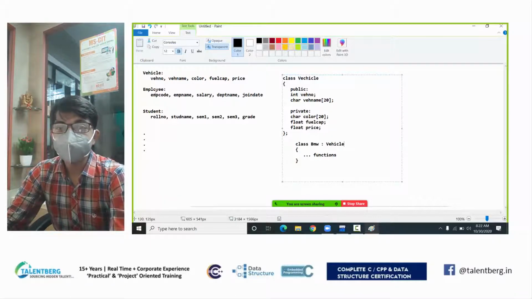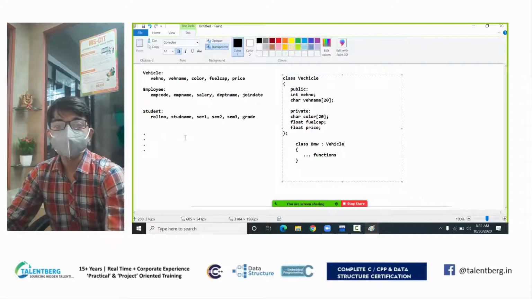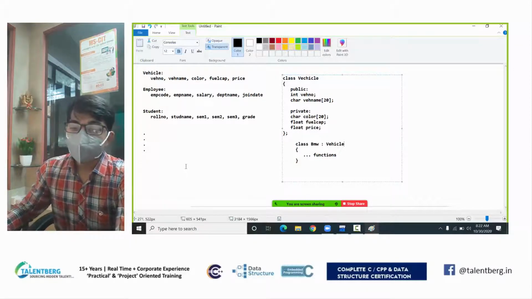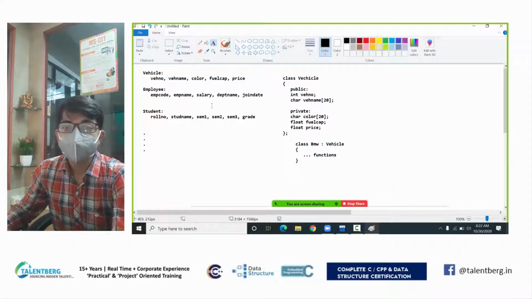So this is a relation between two classes, BMW and vehicle. Like this you can consider, if I create employee class as well as department class, if I create a student class as well as first year student, second year student, third year student, there are more classes. You create some relation between the classes, extend some more properties, add some more features, depending on the class type. So this is what the object oriented model is.